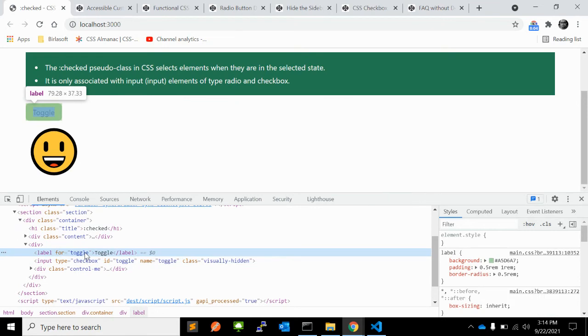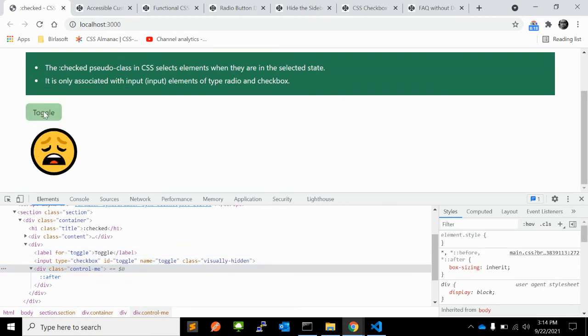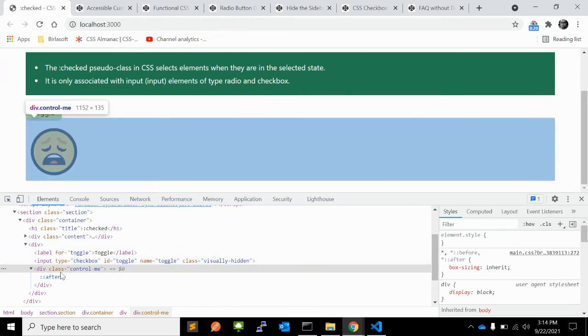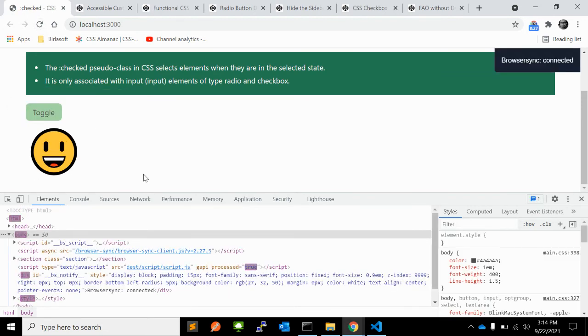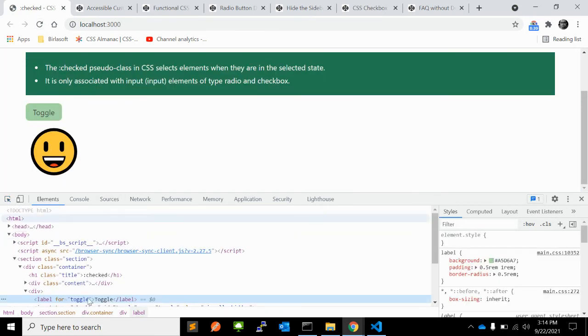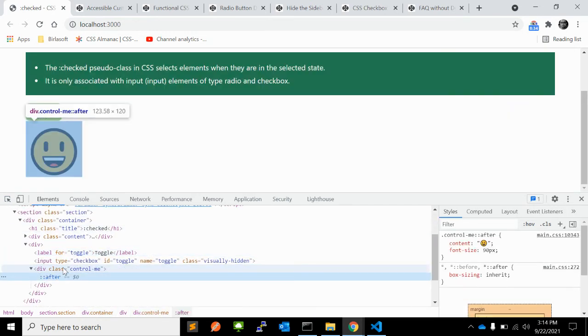We have made the toggle a checkbox, this label a checkbox, and we will change the content of this control me section div using this toggle. So when you click on toggle, you can see the content is updated. When there is no checkbox, the default checkbox, you can see the toggle is there, and in control me after the default content is there.